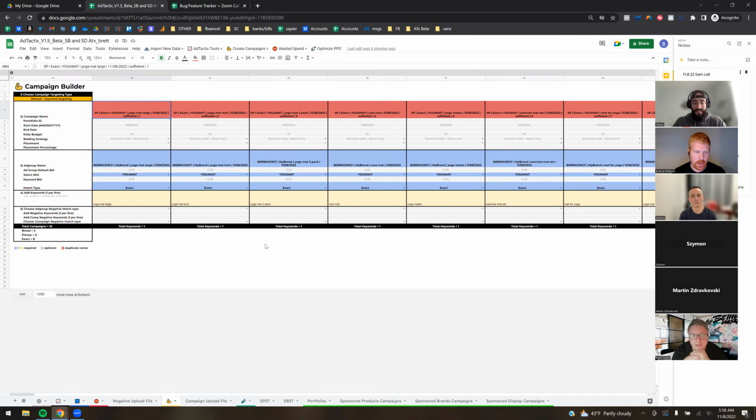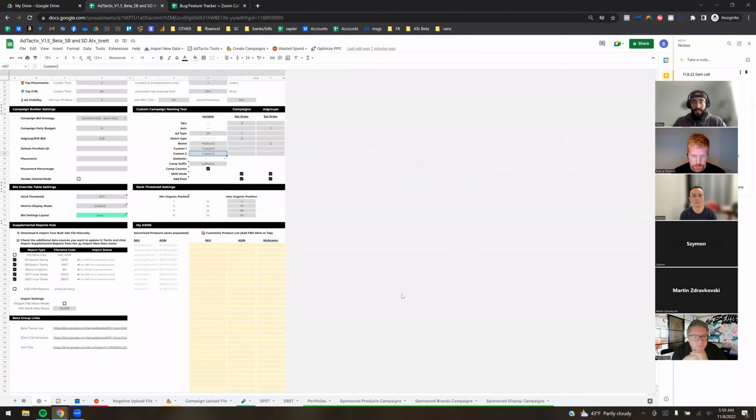But as soon as you have an ASIN or SKU column along with the concatenated field, then you'll be able to very easily come down and say, all right, I've got my SKUs here. This table right now allows you to add in any ASIN that is not currently being advertised, and you can create a nickname for it. That nickname field shows up